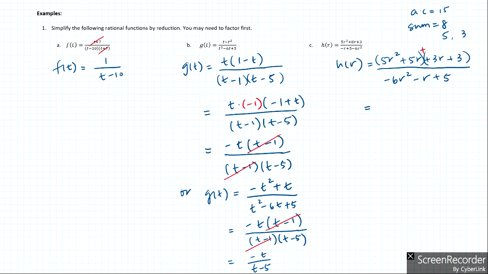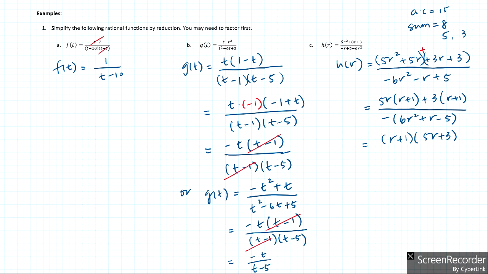And now looking at the top, we can do factor by grouping. In the first group, the GCF is 5r. We're left with r plus 1. In the second group, the GCF is 3, and we would have r plus 1 left again. Now on the denominator, since the leading coefficient is negative, we can factor out a negative sign, and that becomes 6r squared plus r minus 5 in the denominator. Moving on to the top, we would have r plus 1 as a common factor to take out,